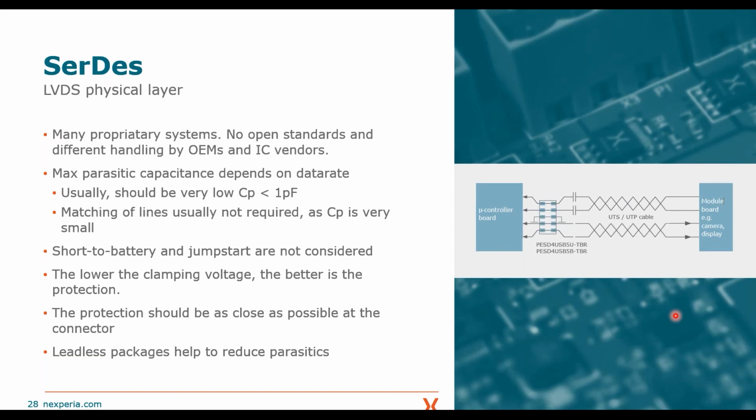So matching is usually not a problem because the capacitances are very low anyhow. And such rough conditions as short to battery or jump start are also not considered, and therefore you can have the lowest clamping voltage you can achieve with your device, and this would also mean a very good protection